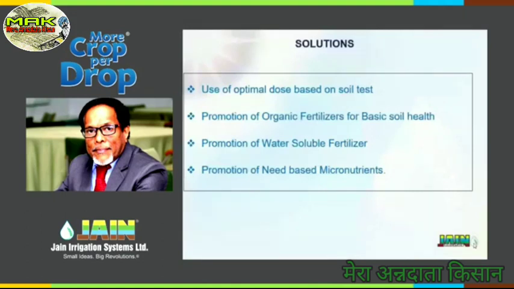Many people, when they do the testing, test only NPK, maximum calcium and magnesium. Testing for micronutrients is very important for cropping, especially at this stage of Indian soils. Many of them we don't even know. Many of them have extremely poor content of micronutrients. And there's no other way. Don't wait for the crop to show that something is deficient, and some expert comes and wrongly diagnoses it, and you apply the wrong one.